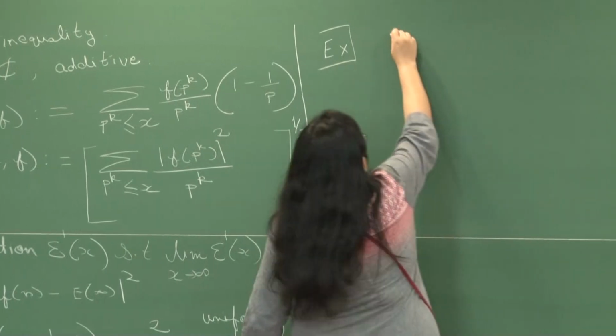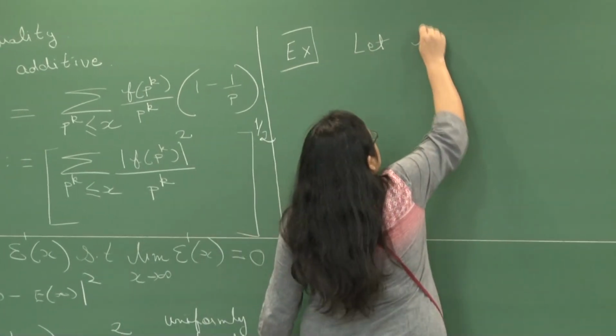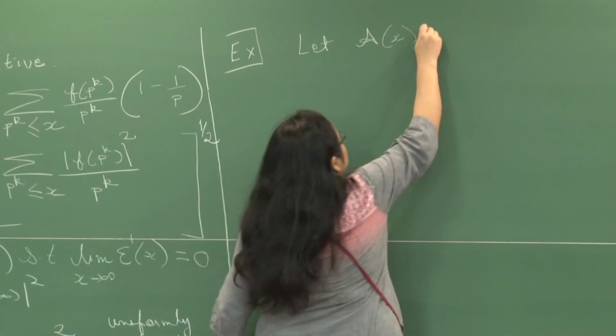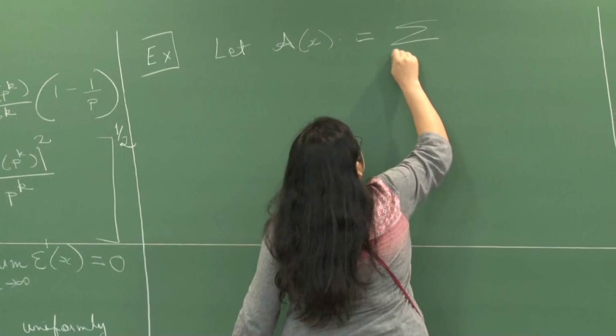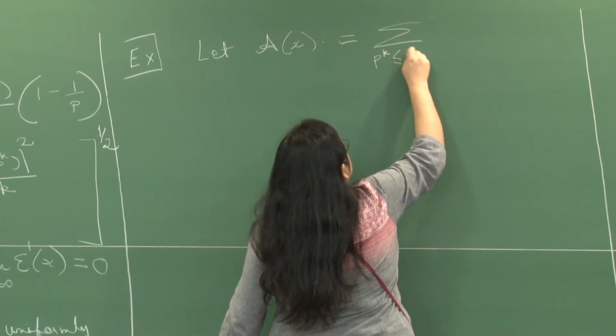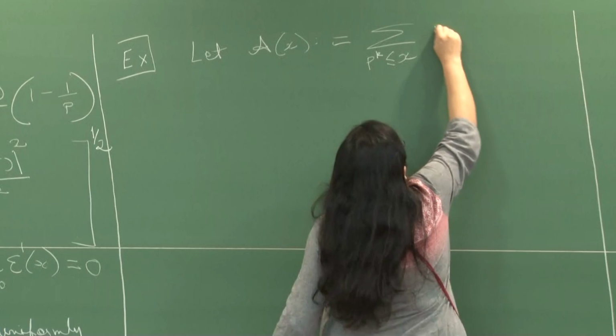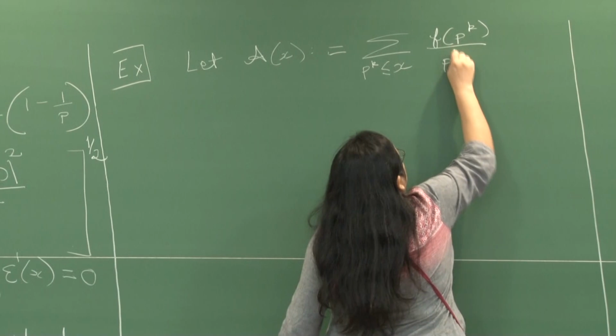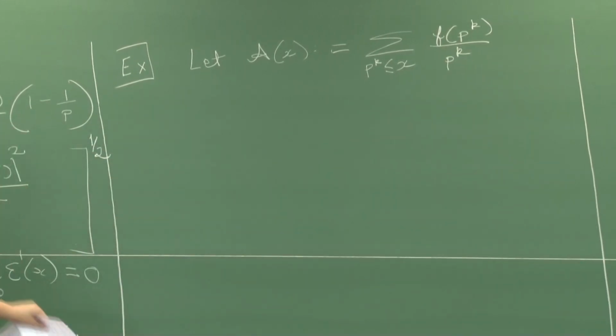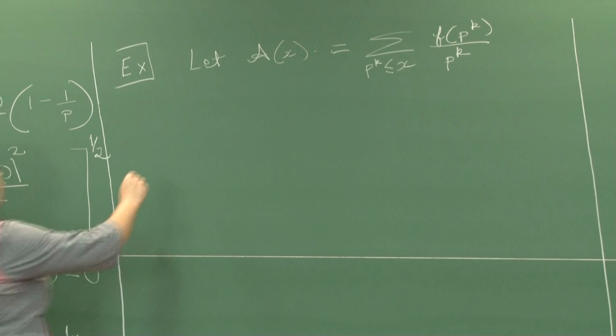So instead of E of x, let us take a function which is related to it, and let's just call it A of x, which is basically the summation over the same terms, but now we just take f of p raised to the k over p raised to the k. So we don't worry about the 1 minus 1 over p part. It turns out that a very similar theorem holds if you replace E by A, and that theorem is as follows: